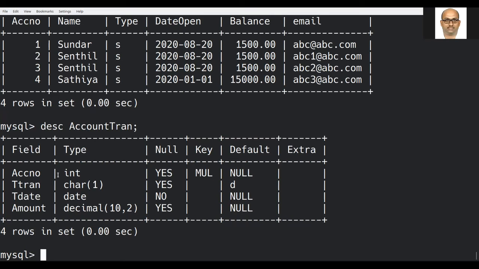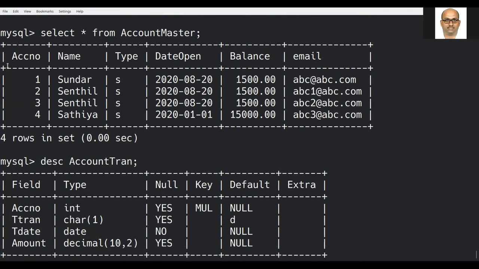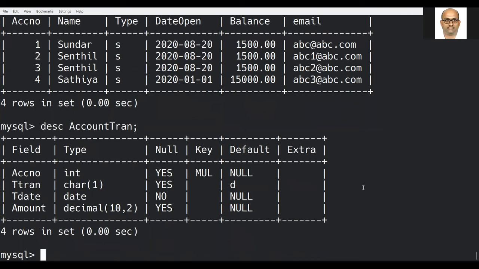If I am trying to deposit money for an account number 5, whereas in account master we don't have an account number 5 at all, to whom will this money be deposited? That is what the question mark. So while entering the values itself, we should not entertain such wrong values. In order to avoid that kind of wrong data entering our table, this constraint prevents us.